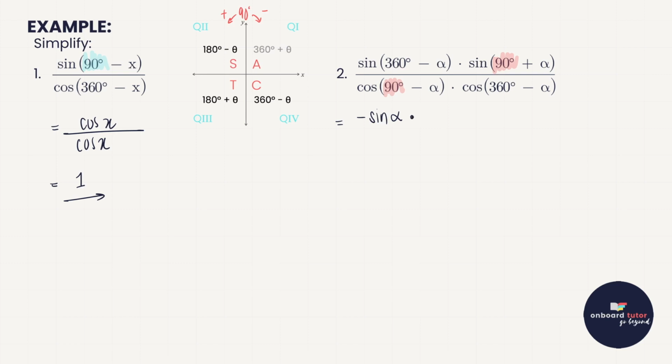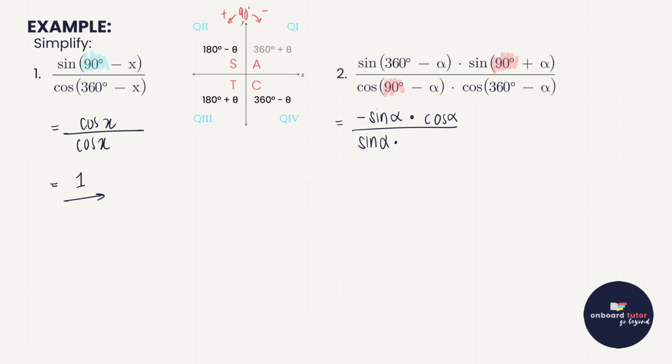Then multiplied by sine of 90 plus alpha. 90 plus, that would be here. Is sine positive or negative there in quadrant 2? Sine is positive, so that's going to be a positive when it reduces. And then it also needs to become a cofunction, so it's going to be cos alpha over cos of 90 minus. So 90 minus, that's here, in quadrant 1, all are positive. So that's then going to become a positive cofunction, sine alpha,